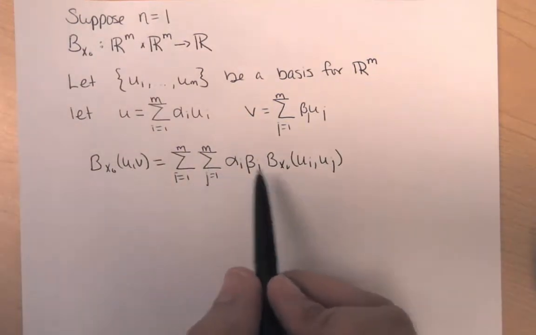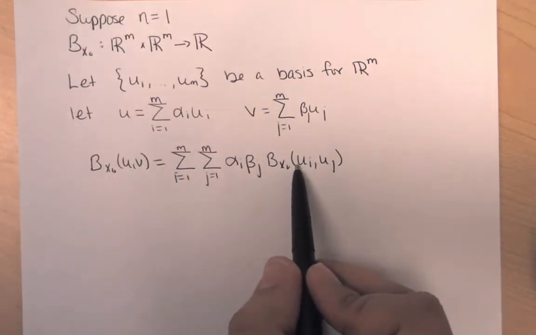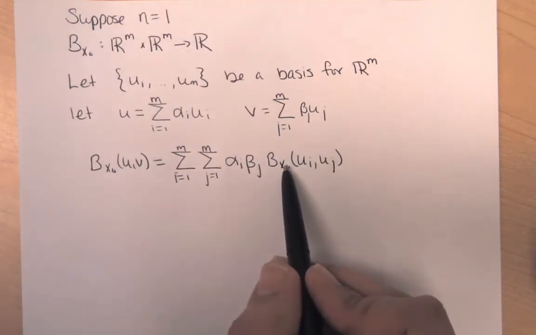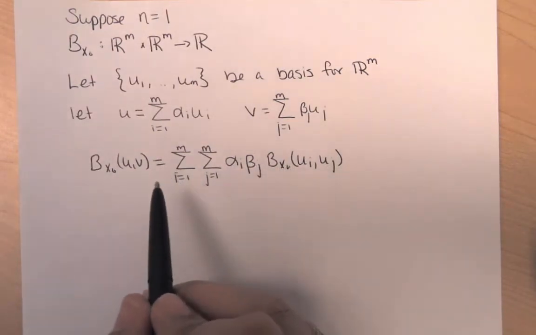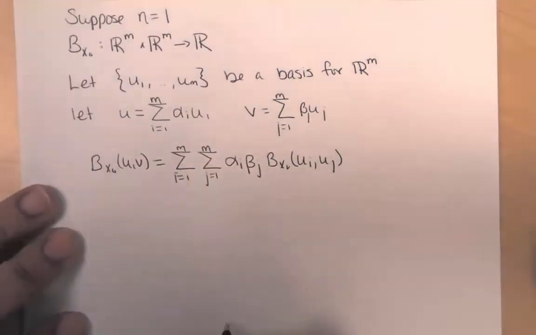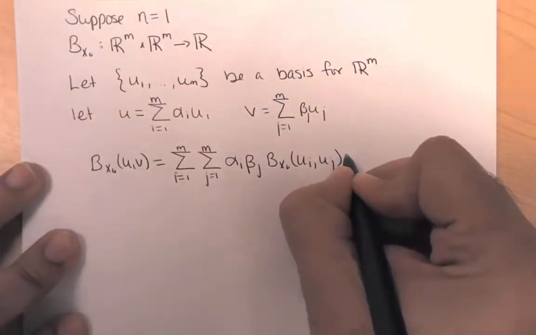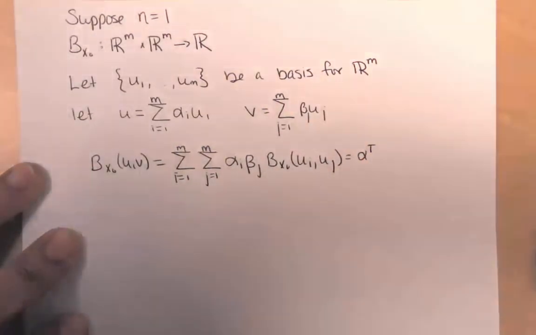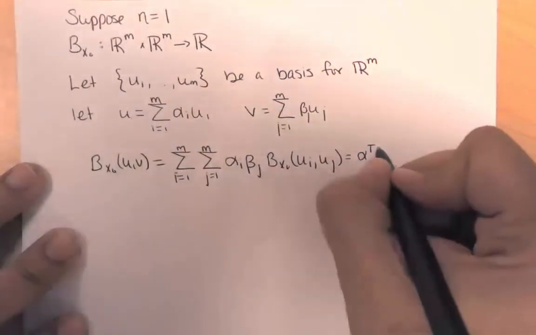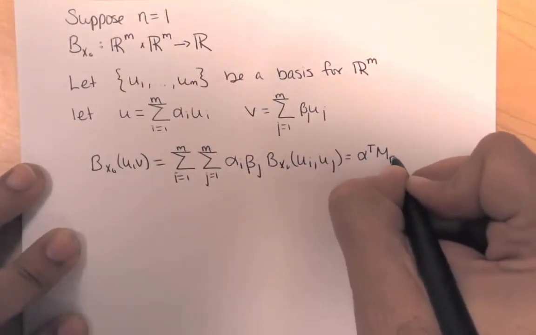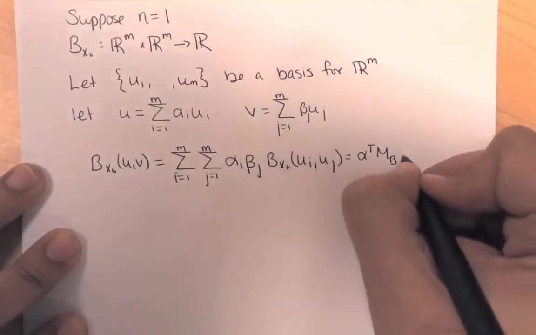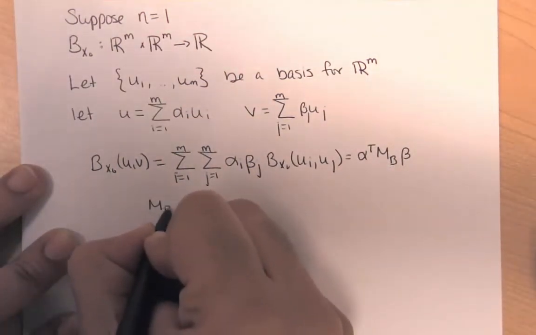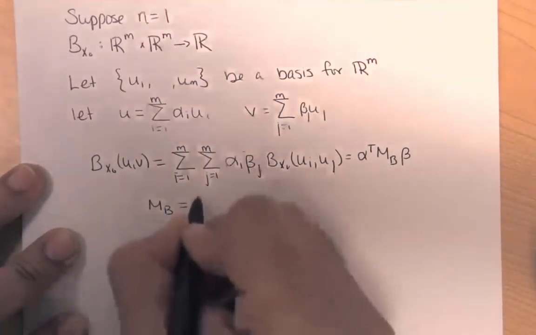Now I was able to extract my summation and my coefficients by using the bilinearity property. And in fact, this is equal to alpha transpose, my matrix that represents my bilinear map, times beta, where this matrix M is equal to